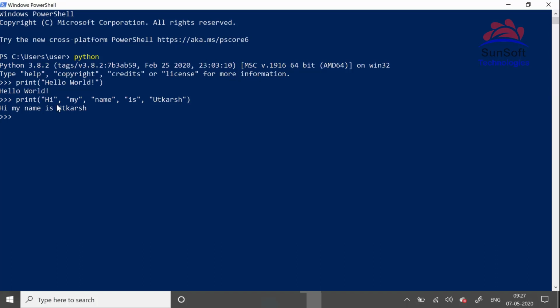If this is first, then this is printed first. If this is second, this is printed second. So the position of these arguments tells the function what the assignment of these arguments is going to be. So these are known as positional arguments.